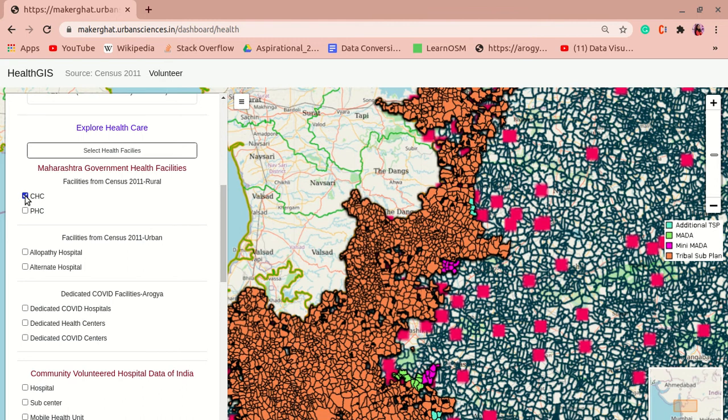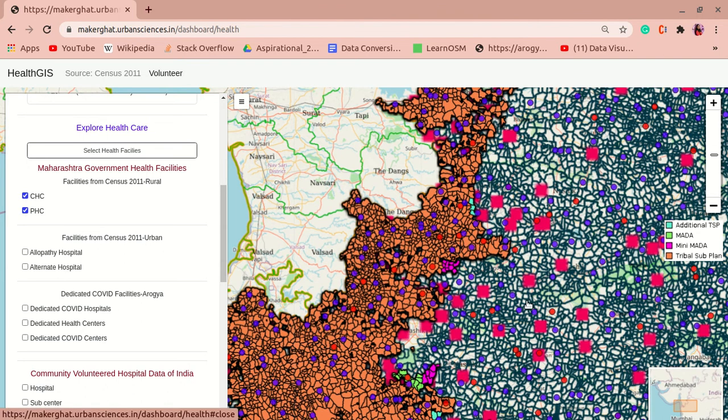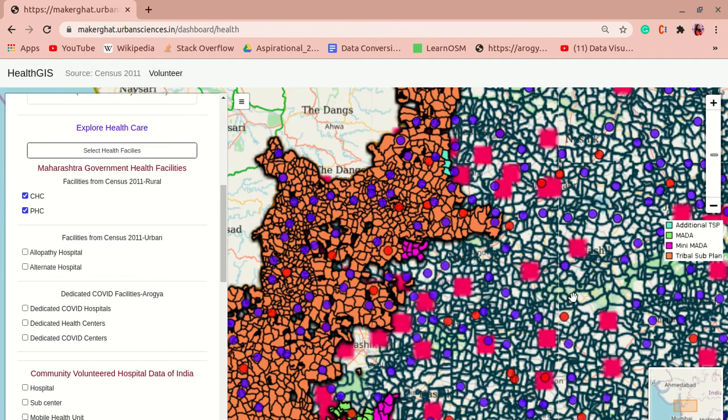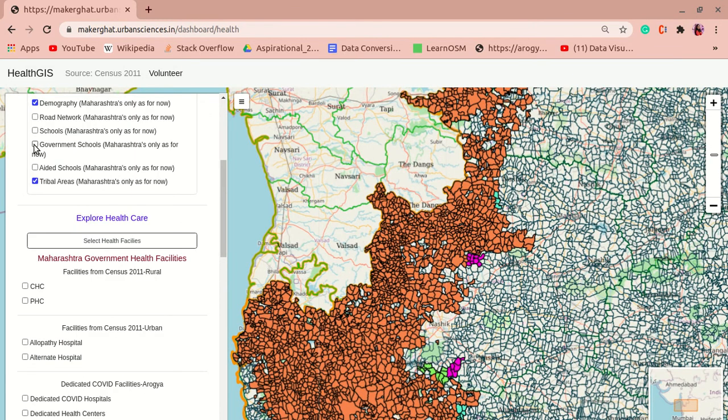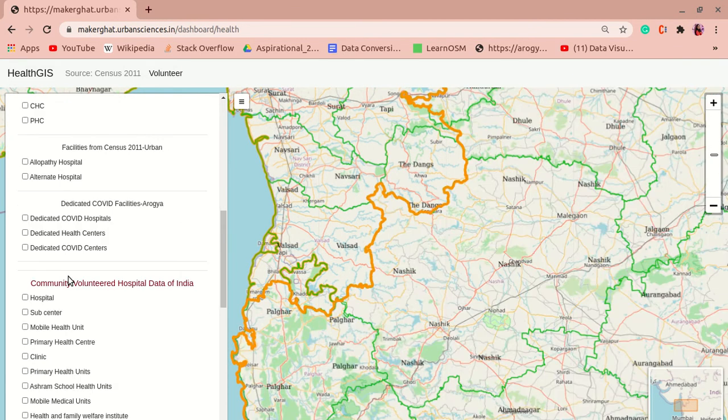CHC and PHC data. And this is urban 2011 census data, allopathy hospitals and alternate hospitals.